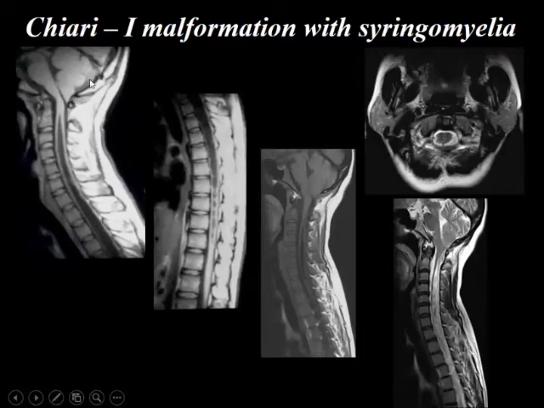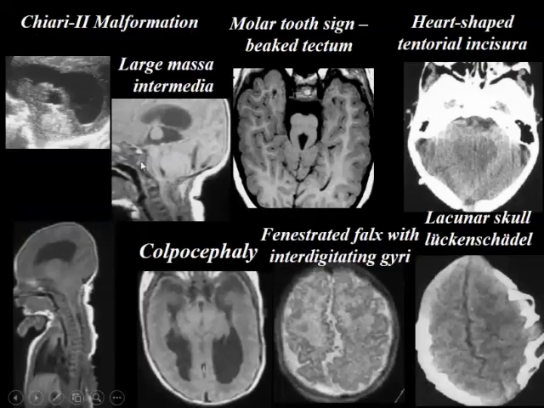And whether you ask or not, again, it's our duty to complete the study, look at the whole cord, because we never know till where the syrinx is extending. If we just do a cervical, we may miss out the dorsal syrinx. So we have to do the entire spine in such kids.